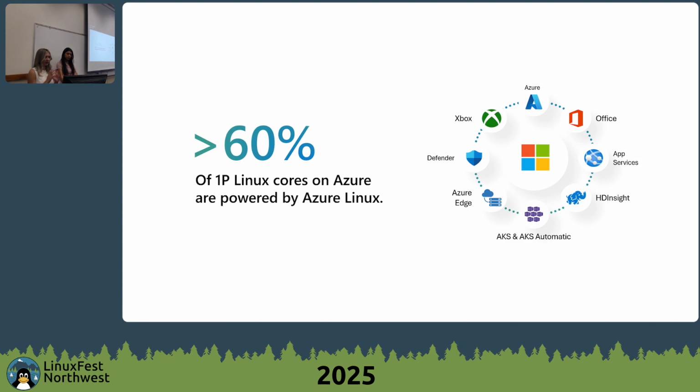And so some examples of the services that are running on Azure Linux are called out in that logo wheel there. But to highlight a few, the Azure Kubernetes Service infrastructure is running on Azure Linux. So the entire underlay of this service is powered by Azure Linux today. Different security services like Defender run on Azure Linux. Xbox and Office, more well-known Microsoft products, are also running on Azure Linux. And then not called out in the slide there, but within the last year, LinkedIn actually finished their migration to Azure Linux. So their whole bare metal infrastructure is actually running on Azure Linux.